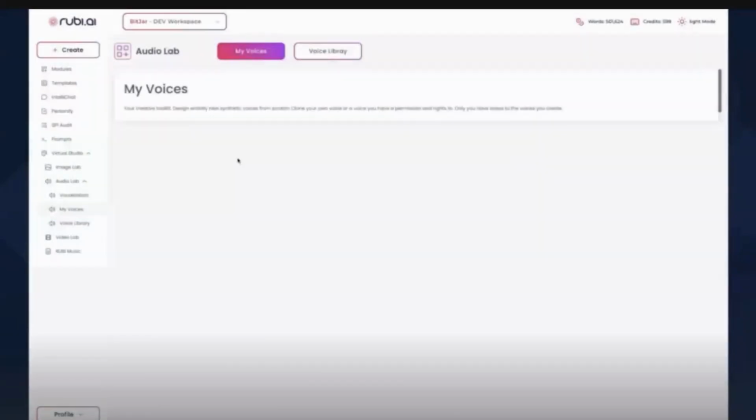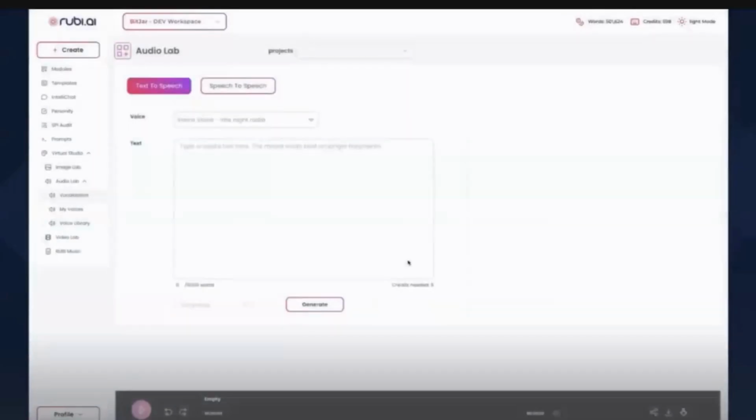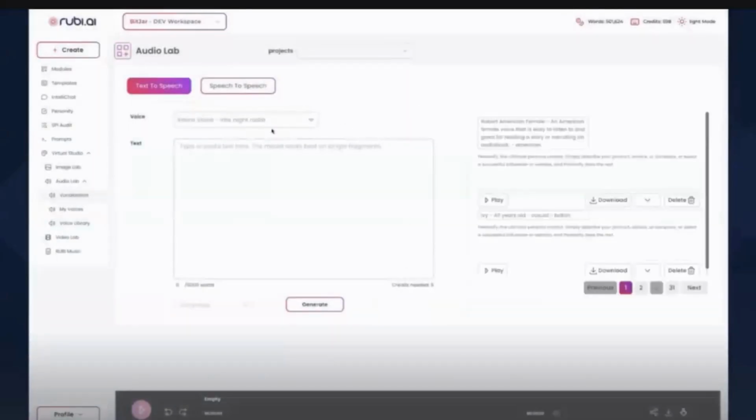All those voices have to be in the My Voices section. Otherwise, you just would have a drop down for it. Okay, so that's the way the voices work. It's easy to get them in, out, and around. Now, if I wanted to go